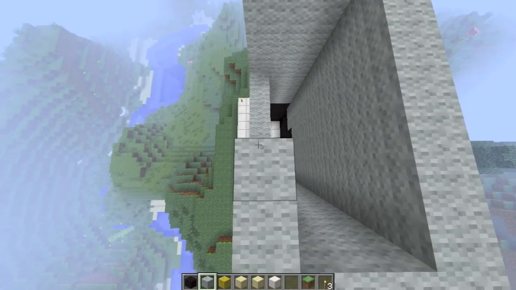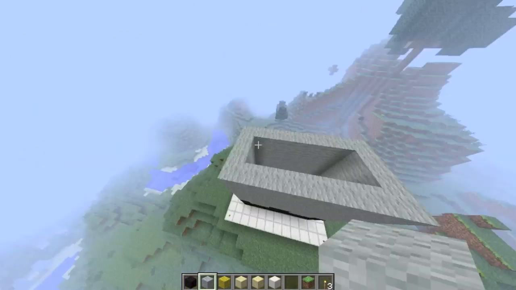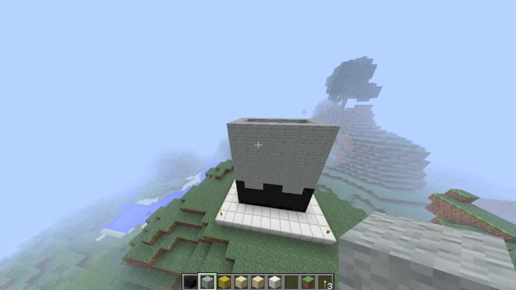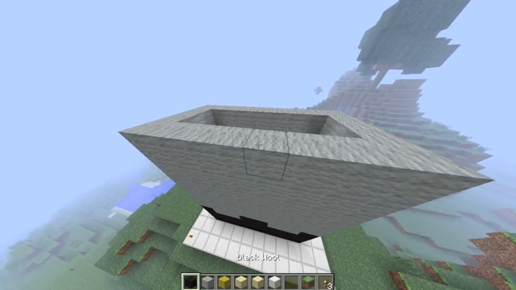Again, we're just doing the legs right now. And that's going to be most of his legs. So the last 2, we're actually going to start doing his,